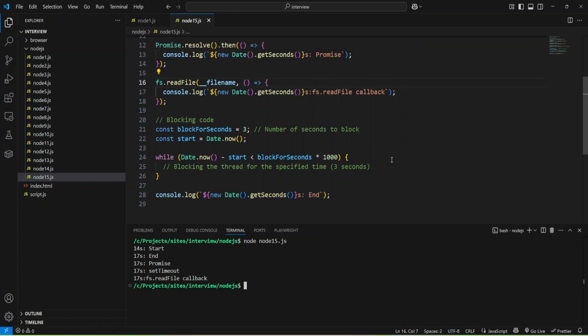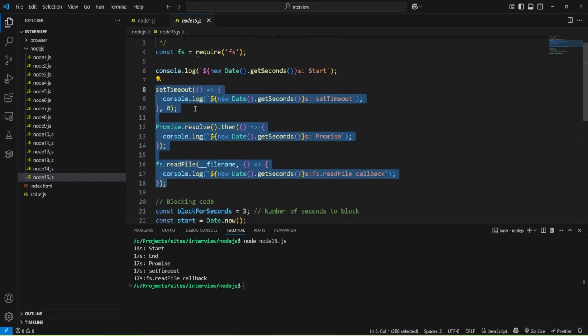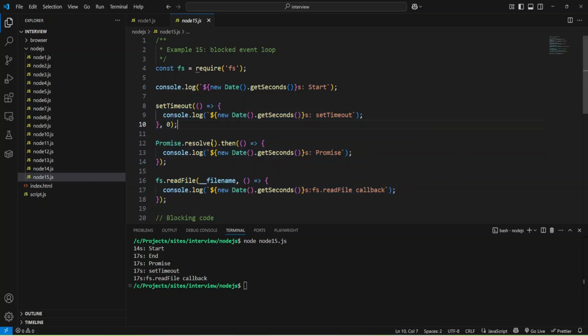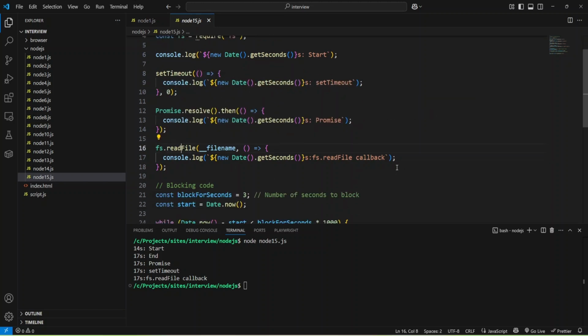And this example demonstrates how you can block event loop with some blocking code with, I don't know, calculation or some loop. And as you can see, the whole event loop should wait for 3 seconds. Also, we have timeout like 0 seconds, and also we have promise and input-output operations.